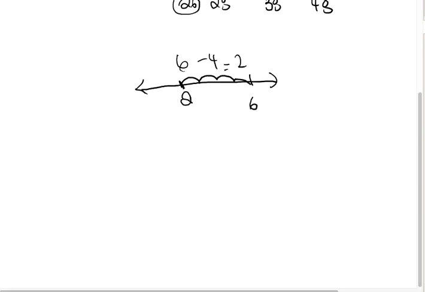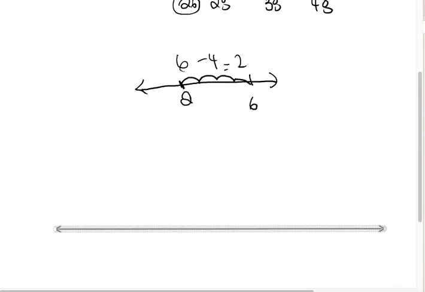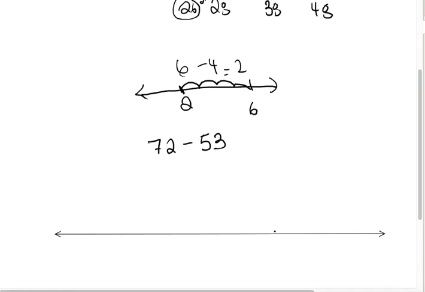I'm going to draw my number line again. So let's say we have 72 taking away 53. So we start with 72. And again, we can choose which intervals we want to go by. Generally speaking, students go by tens. So we know we have to take away